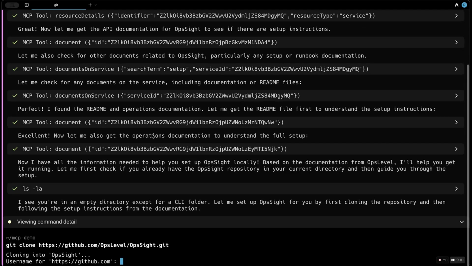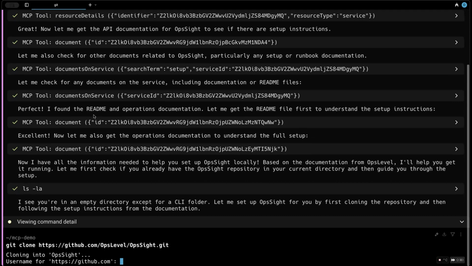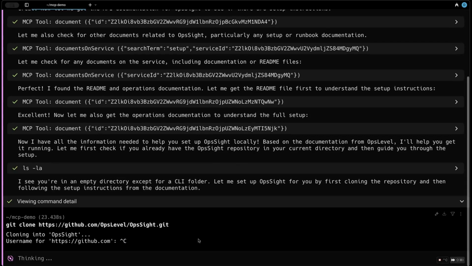Great. So you'll see after querying all of our documents, it has found all the context it needs to set up the page, and now it's proceeding with actually cloning the repo. Now, one small hiccup, I can see Warp is trying to clone using HTTPS, but I'm actually keen to use SSH. So I'm going to jump in here real quick,